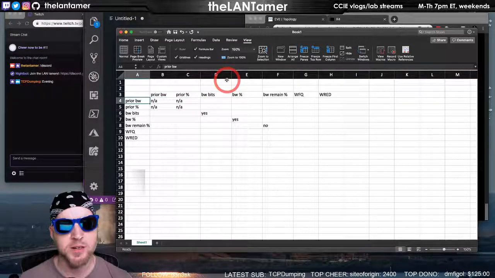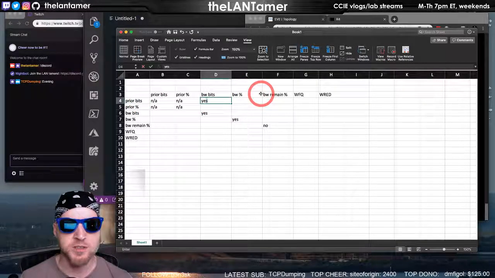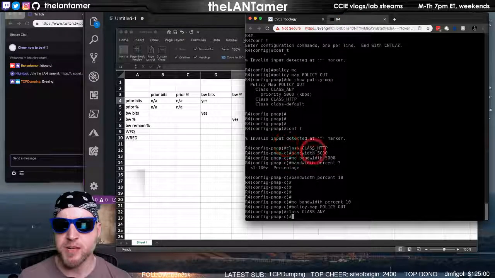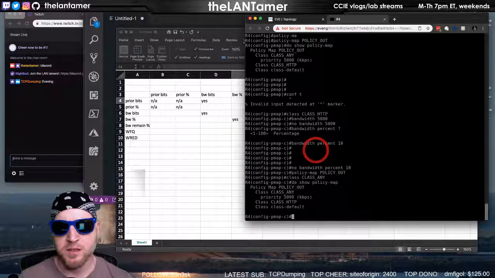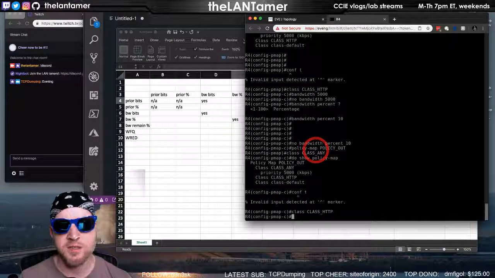So if I use priority bandwidth, that's actually bits. If I use priority bits and bandwidth and bits, I know that works. Pretty sure that works. I think we already did this. So right now, do show policy map. And we're doing a priority in bits. Class HTTP, bandwidth percent 10.